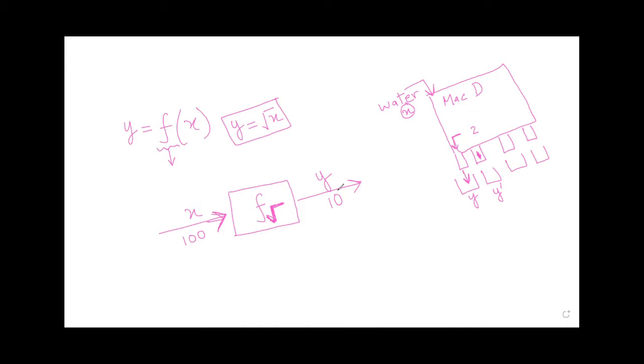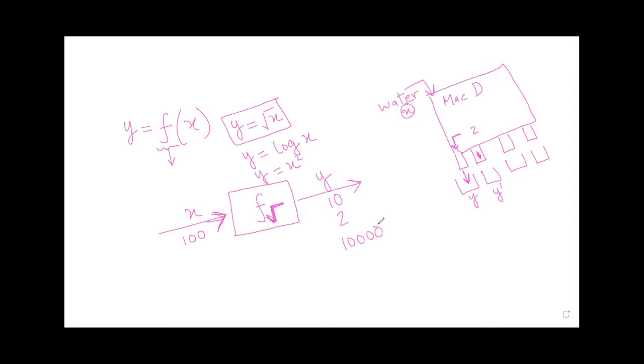But if this machine was in the mode of log x, then if you had put 100, it will vomit out a 2. Is it making sense? Yeah. If this machine was in the mode of y is equal to x square, then it will vomit out